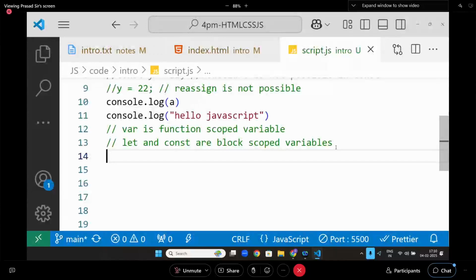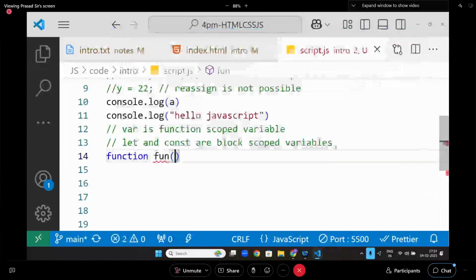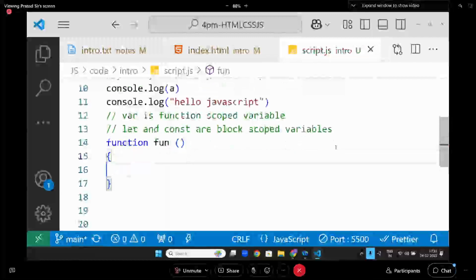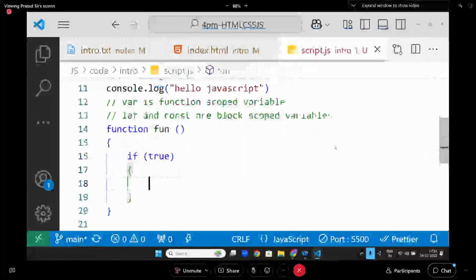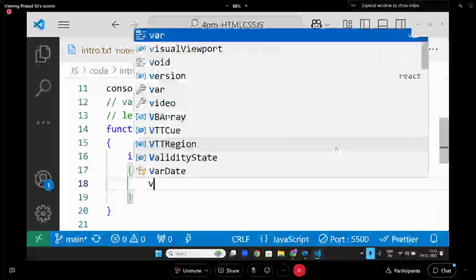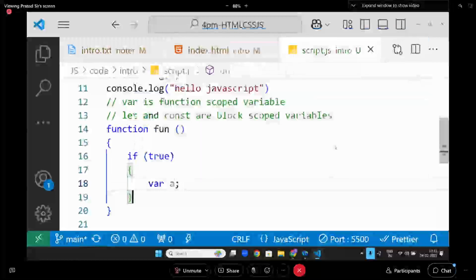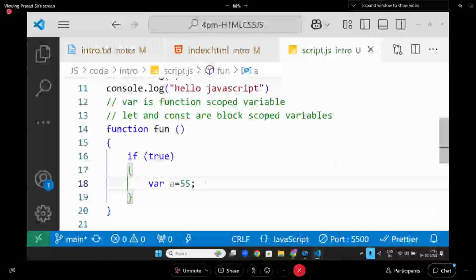Now, I will write you one sample code. Don't worry about it. You will understand that code in depth later, but I will write it and tell you where let and const are mainly used. Understand this small code. I'm creating one function, fun. I will tell you how to create all this. We will discuss it in the functions chapter. We will also discuss one chapter called if. Don't worry. If true, now var a: